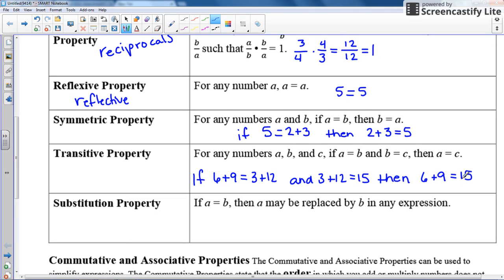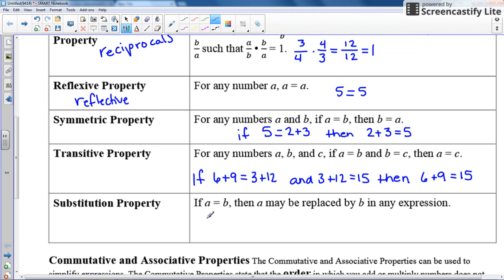So the transitive property always has that 3-component thing. We have if, and, then. All right, so those are those 3 properties. And then the final one we're going to talk about right here in this chart is the substitution property. And the substitution property also seems very obvious, that if A equals B, then A can be replaced by B